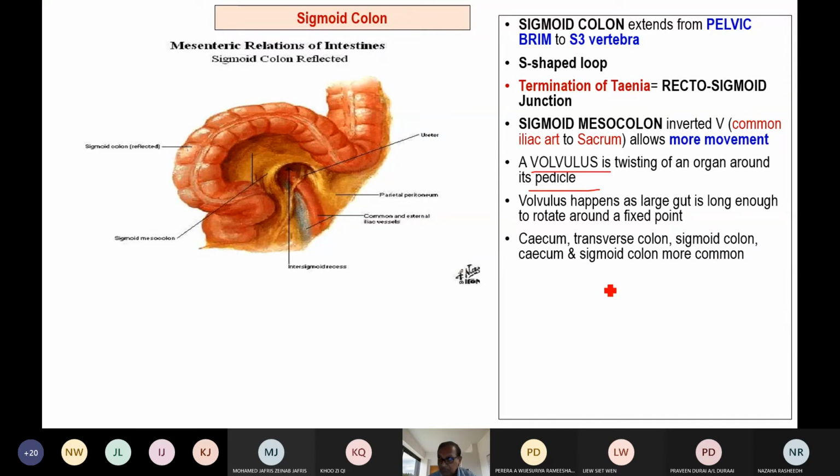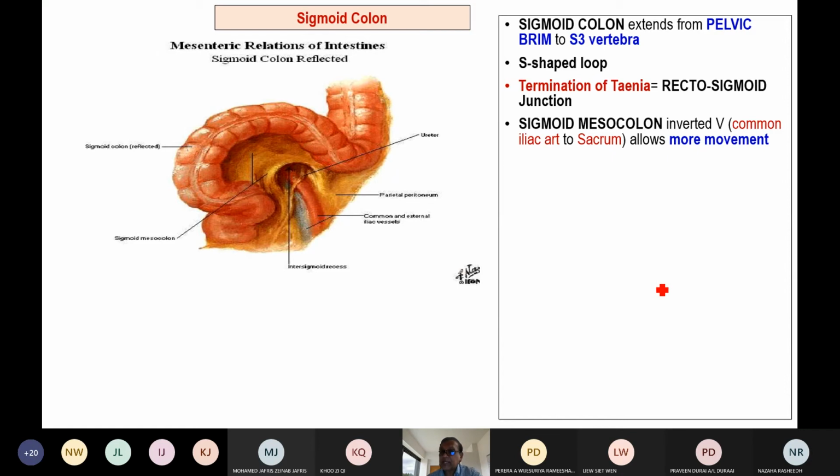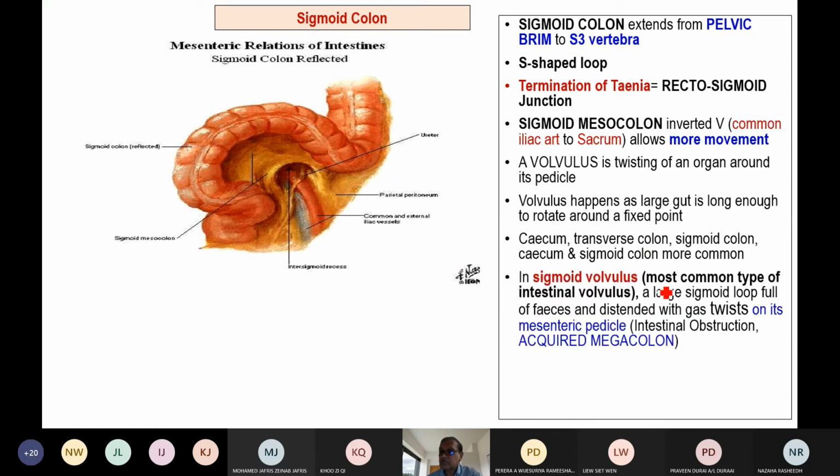Naturally, obstruction will produce lack of blood supply and there will be no peristalsis, and the corresponding part of the gut will dilate. Dilatation of the colon is also called megacolon. So the end result is megacolon. Remember, this type of volvulus can happen in the cecum, in the sigmoid colon, and in the transverse colon. But in the exam, if it is asked what is volvulus and where it is most common, the answer is no doubt sigmoid volvulus.